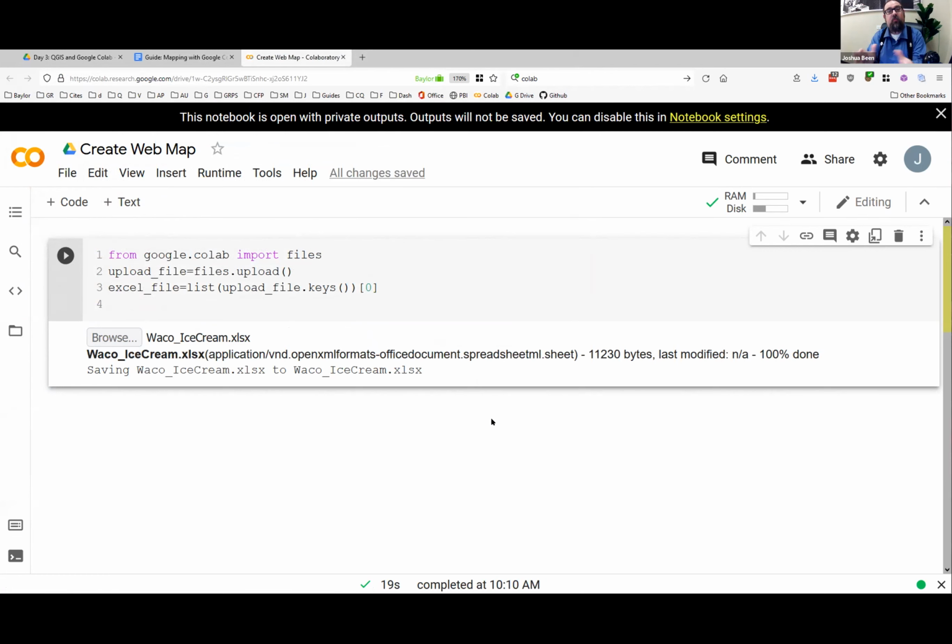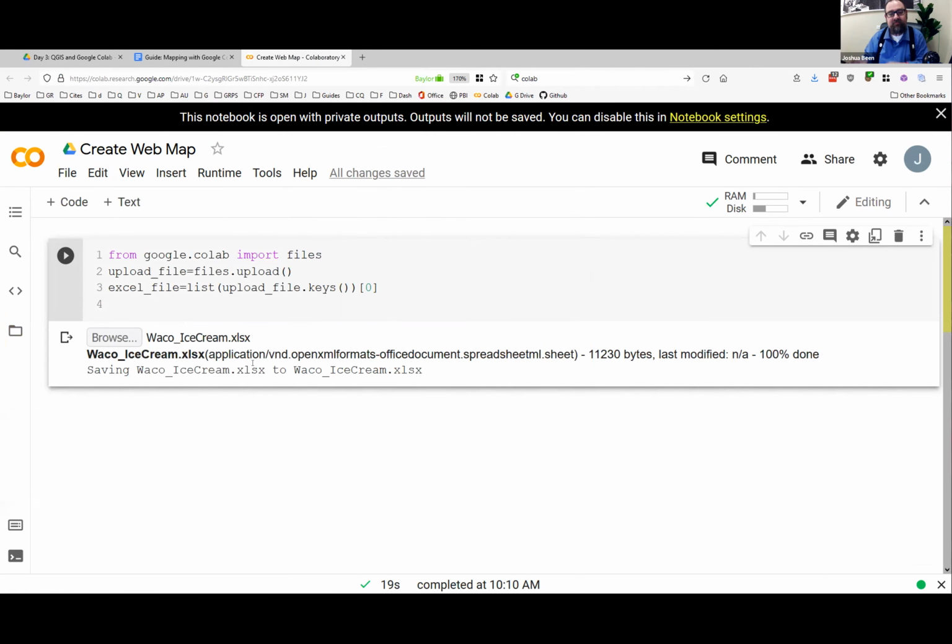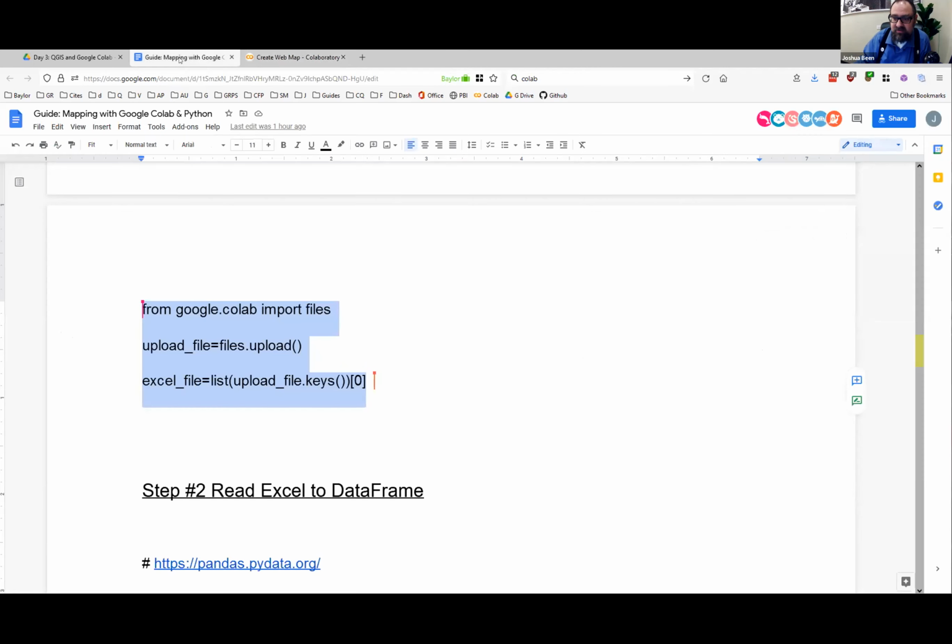If you want to know where it's hiding out, you'll notice these vertical tabs here on the left. If you click the bottom one, which mouses over to files, that's where it saved it, if you need it, right? We don't need that open, but that's where it went. So far, so good. Everyone was able to create that browse and upload. Next, I'm going to go back